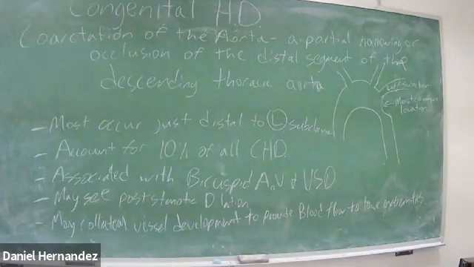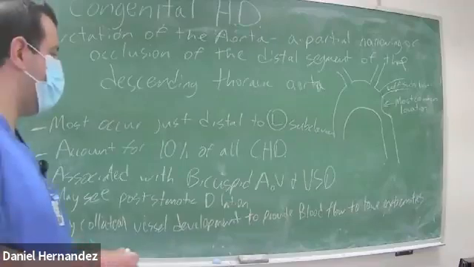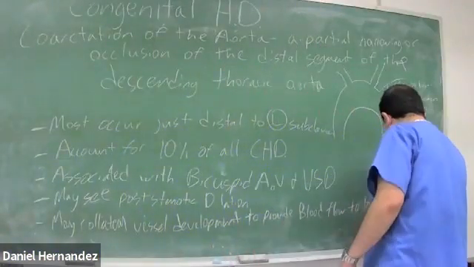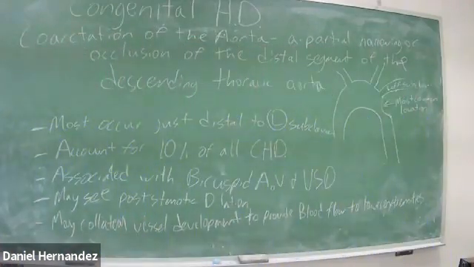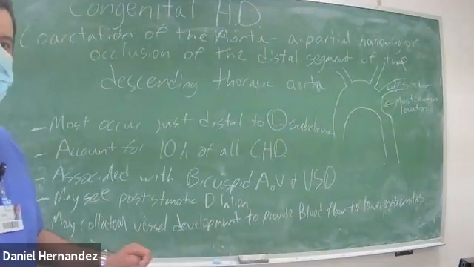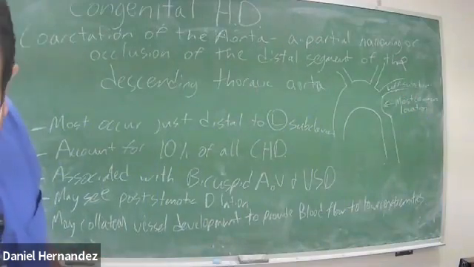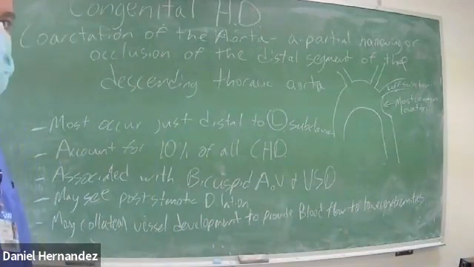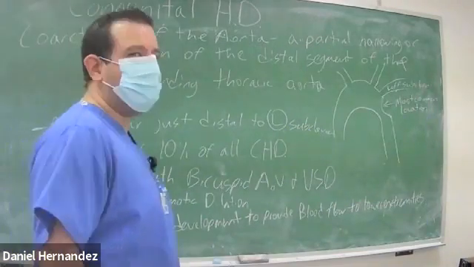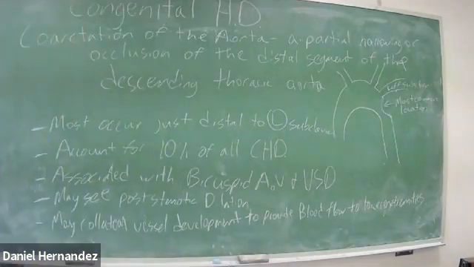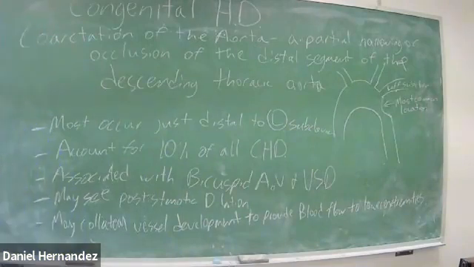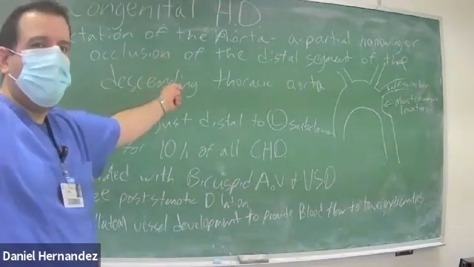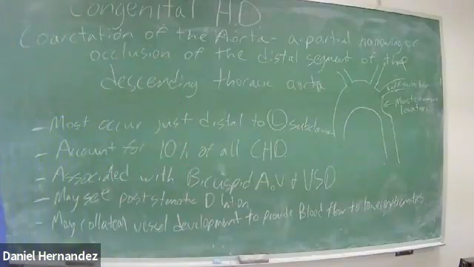blood. So that's why you may wind up with collateral vessel development to provide blood flow for the lower extremities. That could potentially come into play as well if we're doing an ABI PVR and we see potentially low pressures throughout the lower extremities, and it's a young patient, not too old. You don't suspect them to have major occlusive disease, aortoiliac disease. The potential diagnosis could be a coarctation based on the patient's age. So their extremity pressures are fine, but their leg pressures are low,